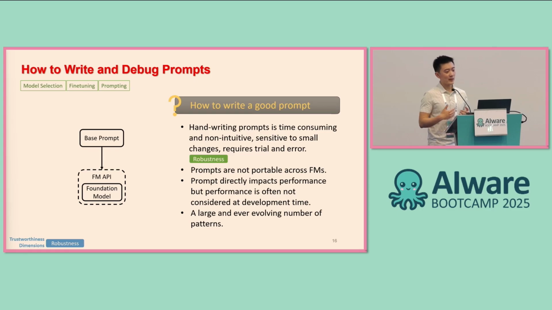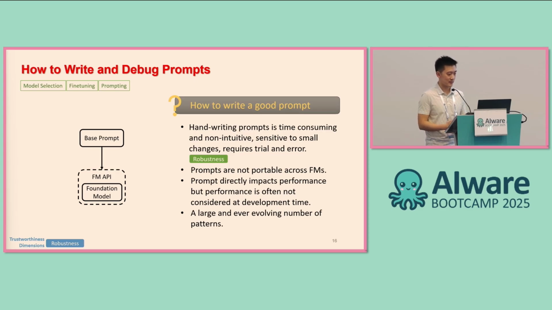Okay, so now that we have our model, we wrap it around the API, and I've done all the modification we want to the model. Next step is to write the prompt to the model. A lot of times, as Ahmed has mentioned just now, you're stuck in the cycle of you write the prompt, you try it in the model, you're not sure why it's not really working or why it's not always working. Because handwriting prompts is very sensitive to small changes. There are studies showing that if you're just adding a new line symbol, a new line, a new space, it breaks the performance of the prompt completely because there is so much uncertainty on how models are interpreting the prompt